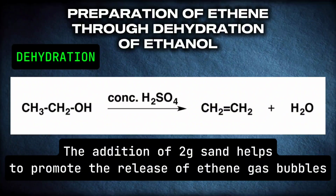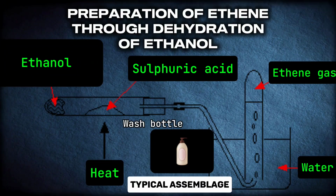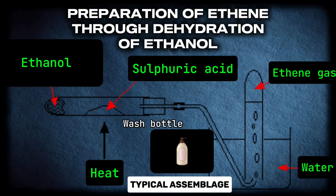Now, after doing this, you now have to assemble the apparatus just this way I've presented here. But definitely this apparatus or this assemblage could be improvised. So from what you can see,